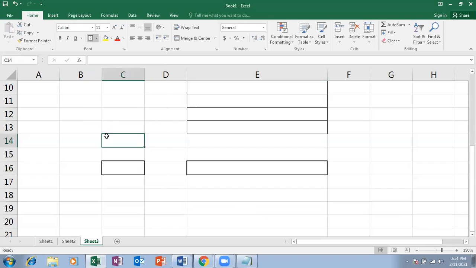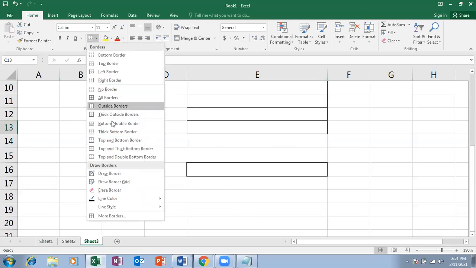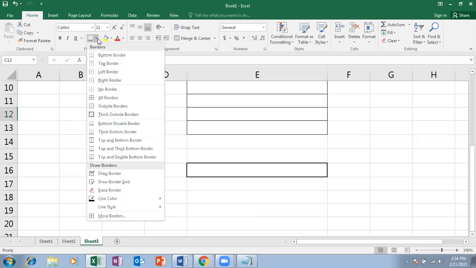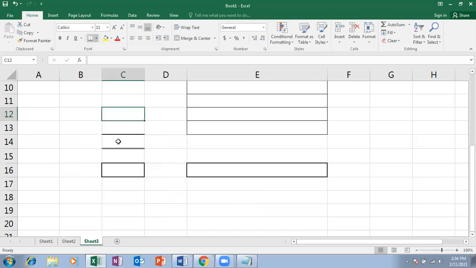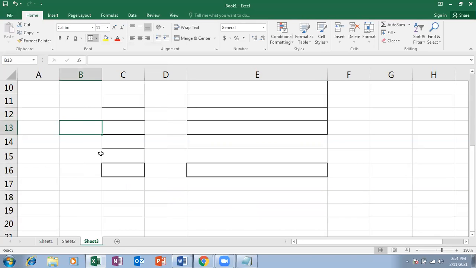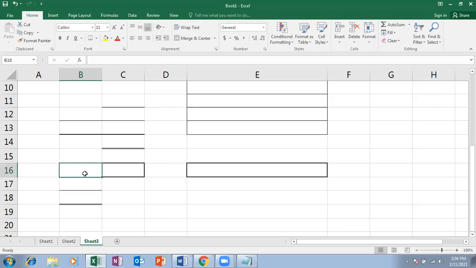And then bottom double border, bottom thick border, top and bottom border, top and thick bottom border, top and double bottom border. So you can read those names and apply whatever type of borders you want.